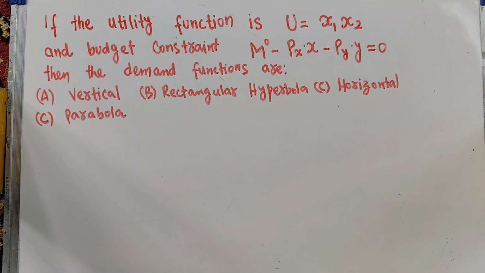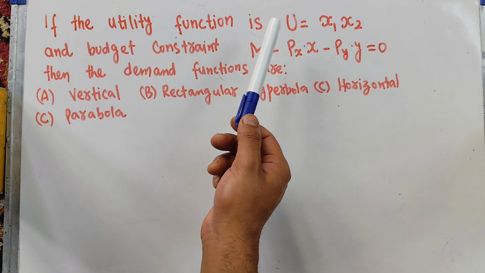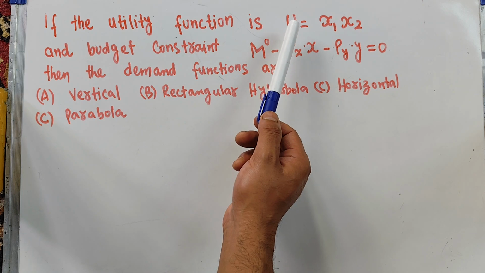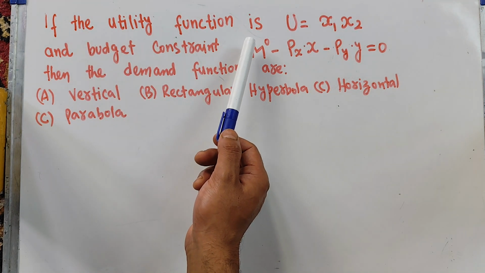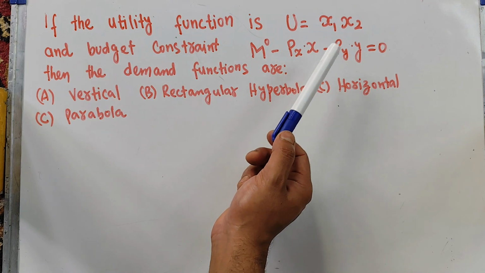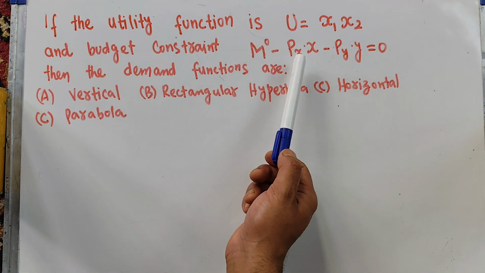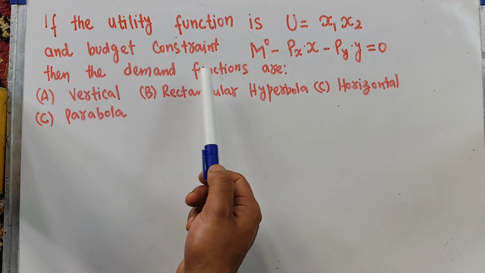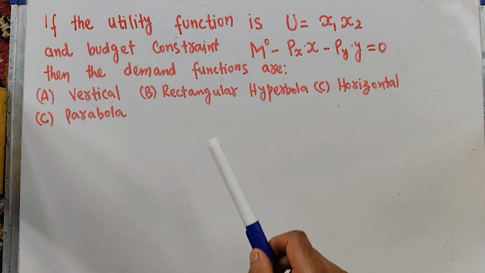In this video, we will learn how to derive the demand function from the given utility function. The question is, if the utility function is u = x1 times x2, utility is a function of two goods x1 and x2, and the budget constraint is equal to m naught minus px times x minus py times y, where px and py denote the price of good x and y, and m naught denotes the income of the consumer. Then we need to find out whether the demand functions are vertical, rectangle, hyperbola,